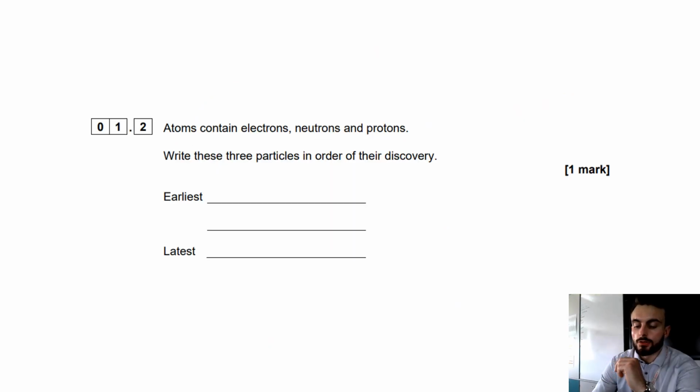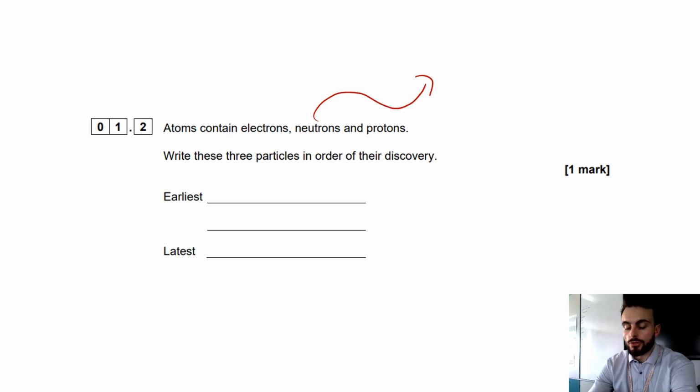Atoms contain electrons, neutrons and protons. Write these three particles in order of their discovery. This one can be a little bit tricky, even though it's an easy question, because you're thinking about the order. So the first one you should be able to remember is neutrons were the last ones to be discovered. Right at the end, the particle that they knew existed but couldn't prove it, so James Chadwick came along and